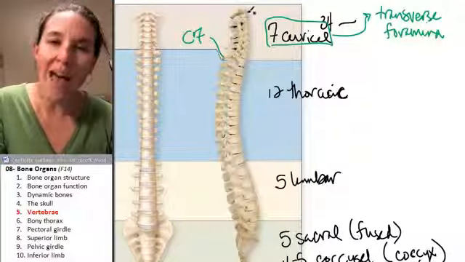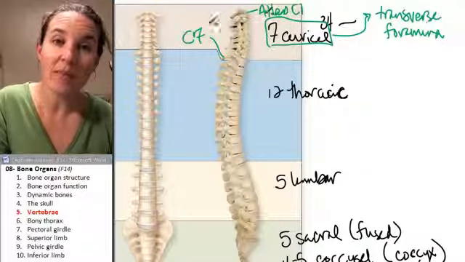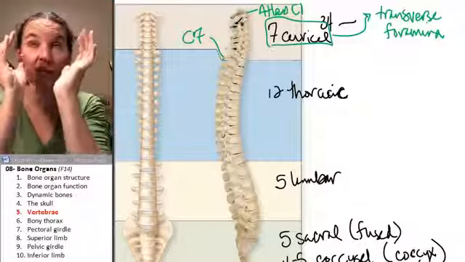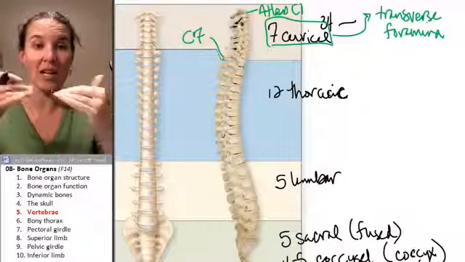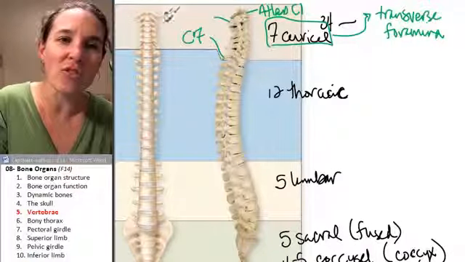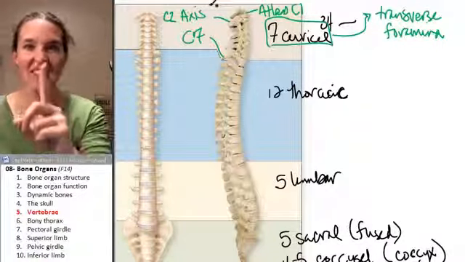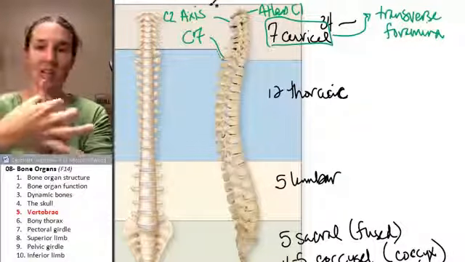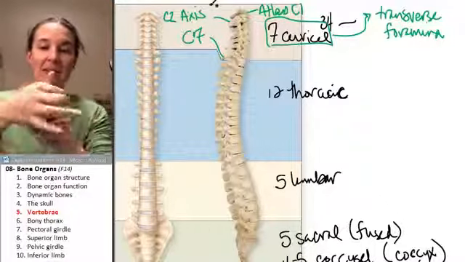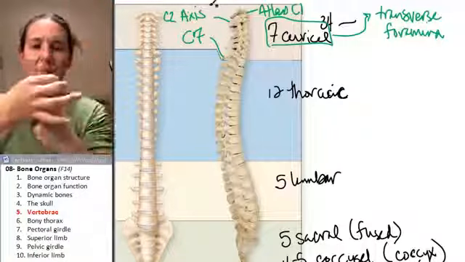You also have atlas. That's C1. And atlas is where the cranium sits. The occipital bone in your skull actually sits on C1, and there are articular processes there. And then you have C2, which is axis. An axis has an axis that sits straight up. So atlas comes and sits on top of that, and then your skull sits on top of that. And so atlas can rotate around axis. And that's how you go,